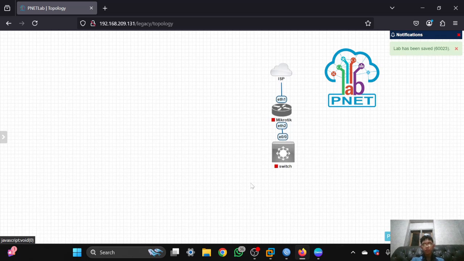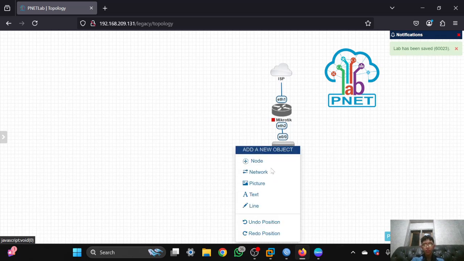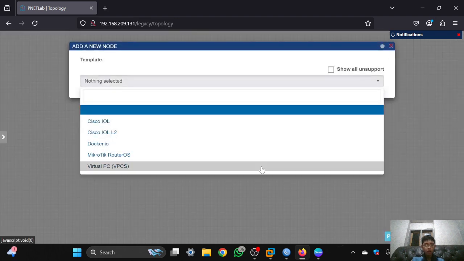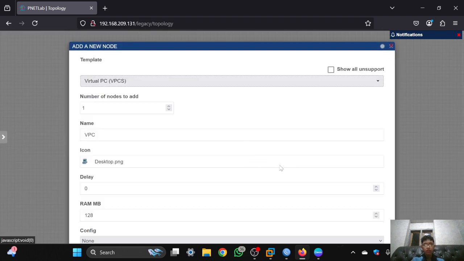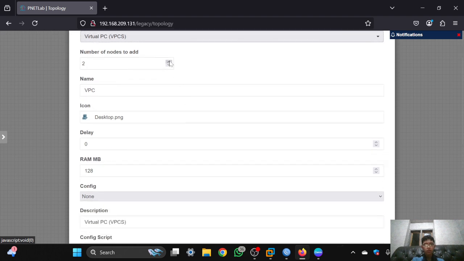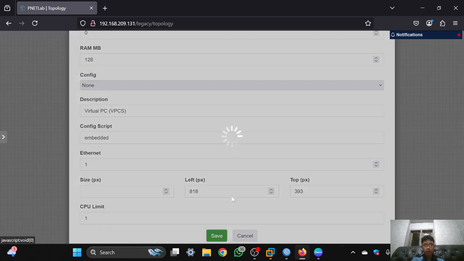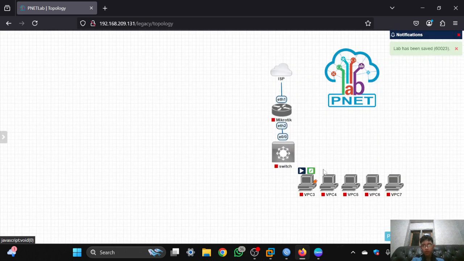Then you can add some PCs with right click, then node, and virtual PC. I will add 5 PCs here and click save. Then connect all the PCs to the switch.